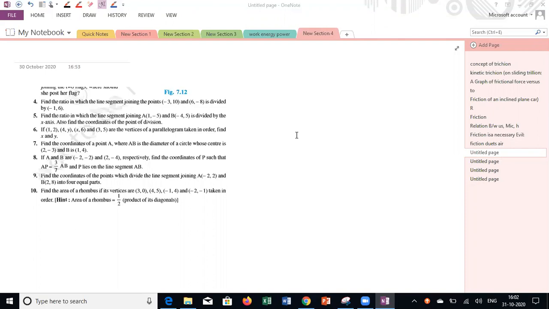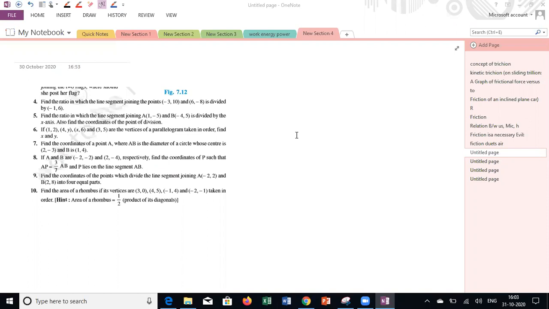Sir, x is equal to 6 and y is equal to 3. How did you calculate? Sir, first I took the line AC, and then I used the formula x1 plus x2 to get the midpoint of O for AC and BD, and then I equated each and got the answer.